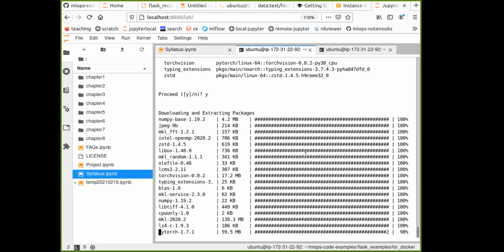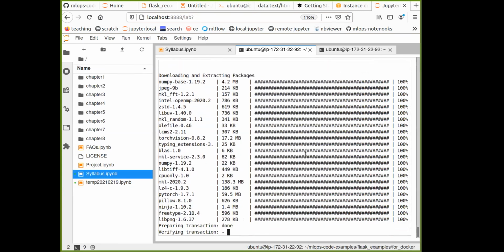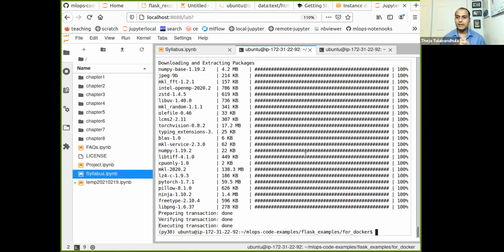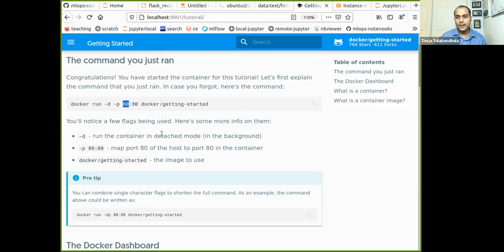While that installation is going on, let me ask you, so you ran Docker as a background command, right? When I wanted to run a specific image called getting started, I wanted to run the container in the background, because it's basically a web server. It's just serving those HTML files. You saw this, these are the HTML files. So to run this, I just ran that image, the container, basically in the background.